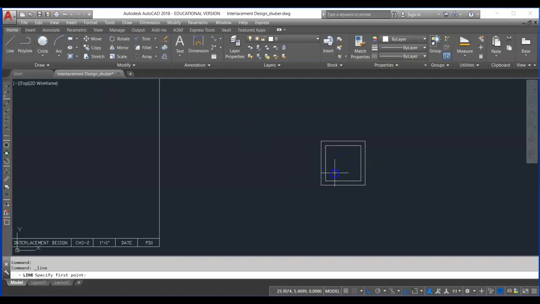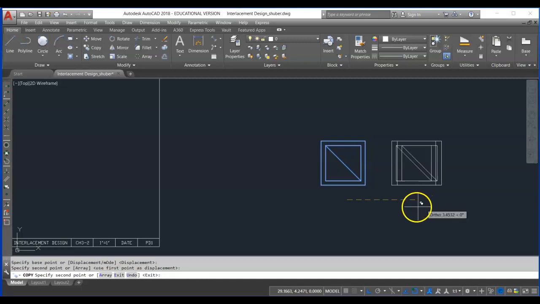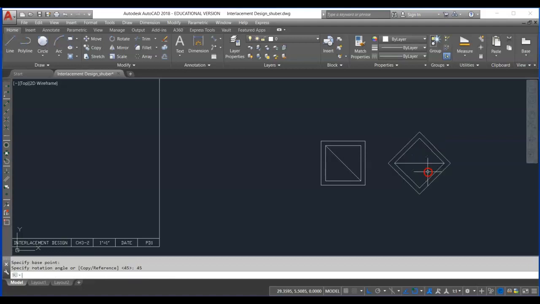I'm going to draw a line, turn my object snap on. I'm going to go ahead and copy this and copy it to the right. Hit escape. I'm going to go to rotate. Rotate this, picking my base point in the center, and I'm going to type 45 to rotate it 45 degrees. Now I'm going to go ahead and move, snap from midpoint to midpoint,